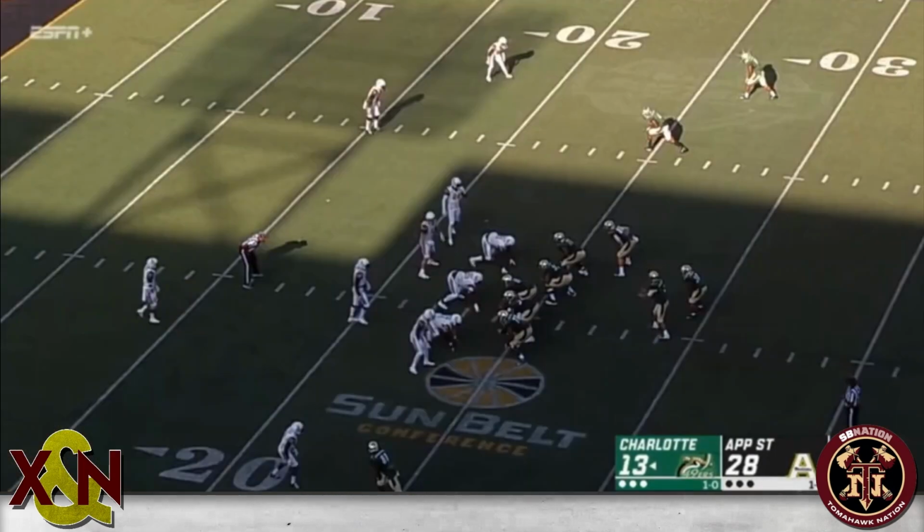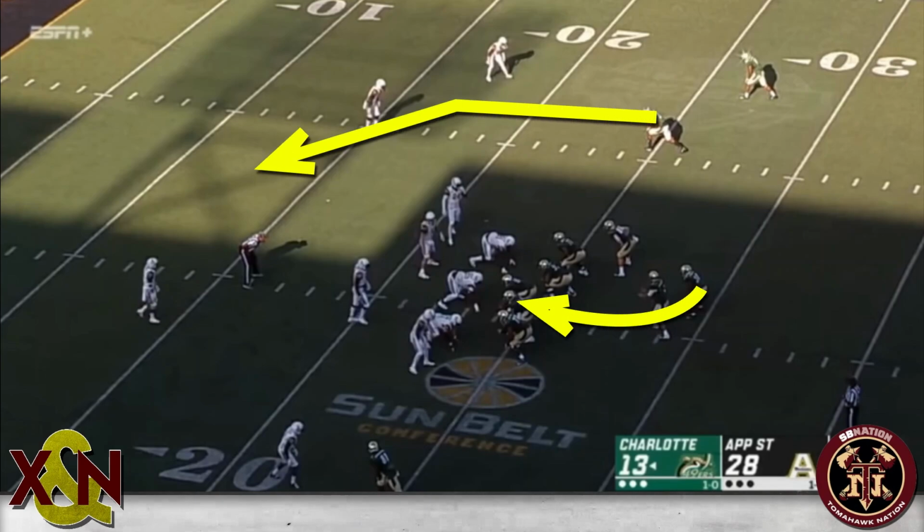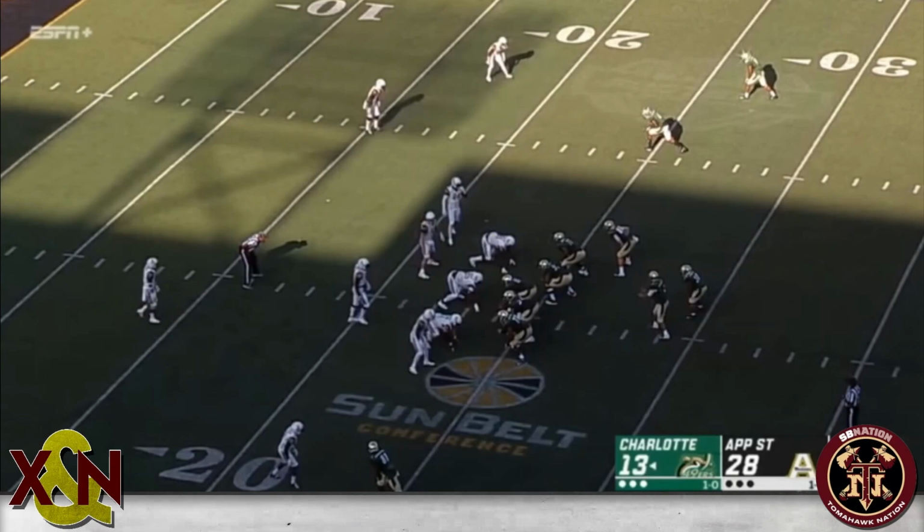Atkins used ISO with devastating effect in the RPO game. RPOs, or run-pass options, work by taking advantage of players who have responsibilities in both the run game and the passing game. That's usually a linebacker or safety of some kind. In tray formations like this one, this nickel backer both has the outside run alley fit and is responsible for